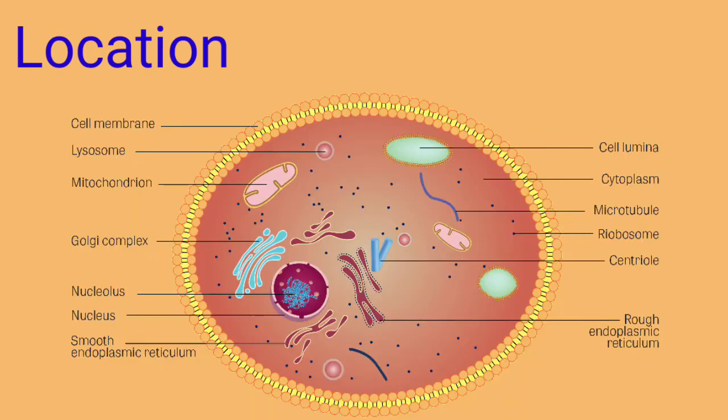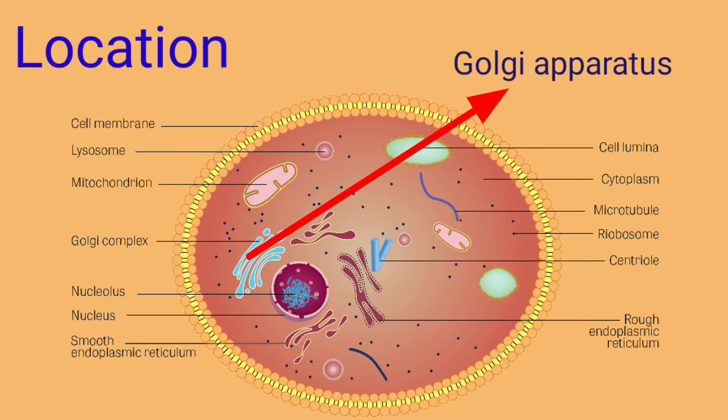In other eukaryotic cells, they might be less in number, or in some they might be more in number, and its position in the cytoplasm may also change according to the type of cell. For example, in a yeast cell, the Golgi apparatus is found scattered in the cytoplasm, but in a mammalian cell, it is found near the nucleus, right beside the endoplasmic reticulum.